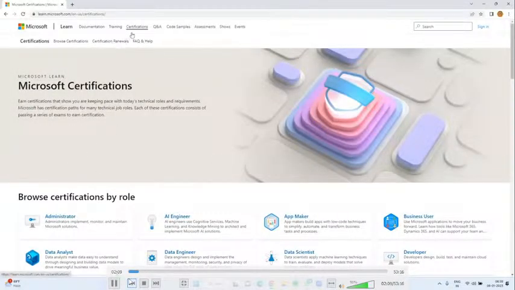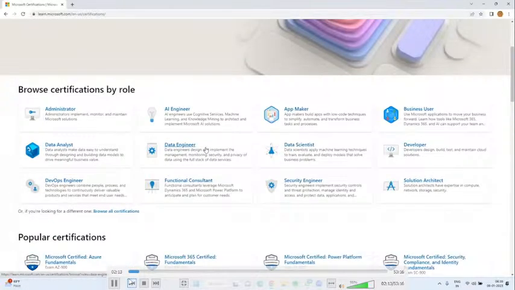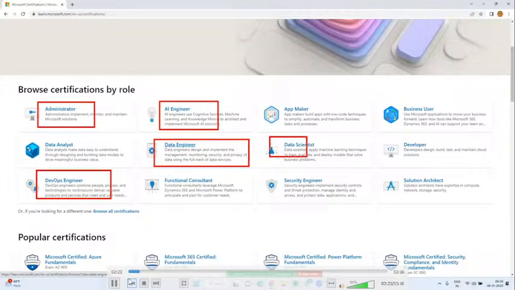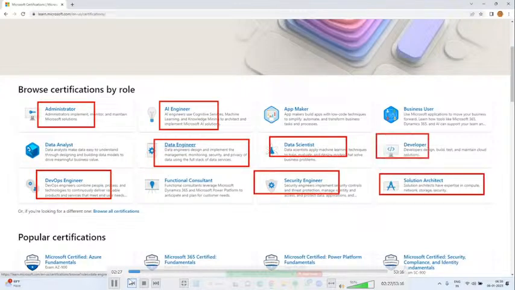Okay, these are the different types of certifications. We have administrator, artificial intelligence, DevOps engineer, data engineer, data scientist, security engineer, solution architect, and developer. I am looking for administrator with DevOps.